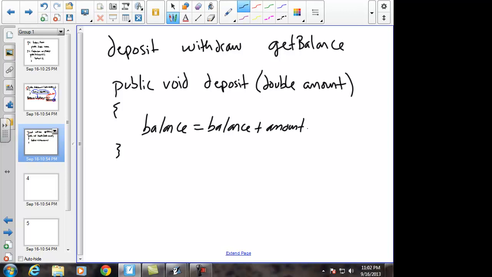The computer is smart enough to know it actually goes backwards. It starts right to left. It takes my balance, adds my amount parameter to it, and then resets my balance to my new number. Withdraw looks the same, except it's a subtraction of the amount. And then public